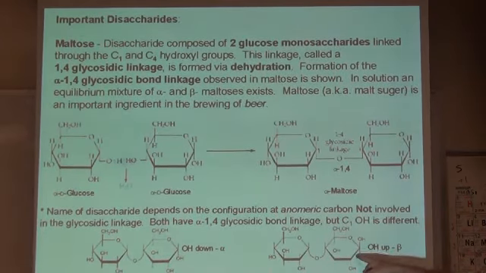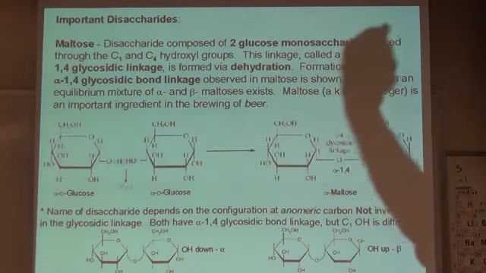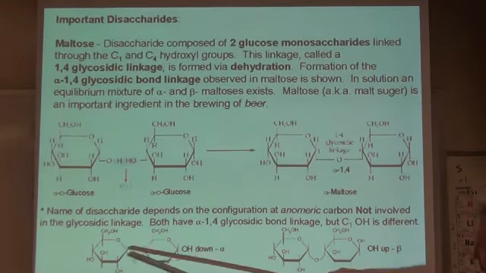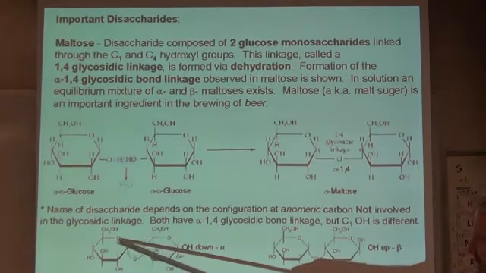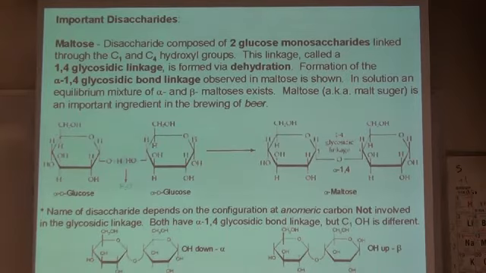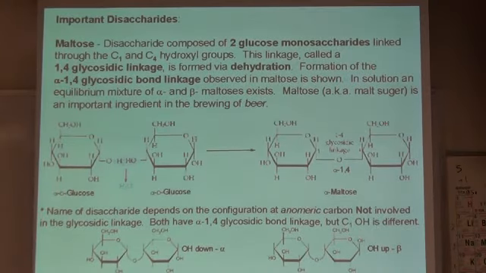Remember, you're talking about a disaccharide here. That's 2 monosaccharides, which means you have 2 anomeric carbons. One of the anomeric carbons is involved in the linkage that connects the two together. The other is used to name it. Not always. Not all the time. Everybody see that?